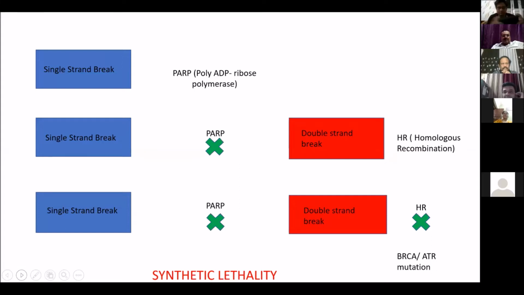So what I mean to say is, suppose we give a PARP inhibitor in a normal patient who has a normal HR pathway, it's not going to help. It's not going to function because a single strand break, even if it gets converted to a double strand break, there's nothing there to repair it in the cell. Hence the cell will die. So this is the mechanism of action of PARP inhibitors, which have been recently approved by FDA in the treatment of metastatic breast cancer. And similarly, I just spoke about ATR.